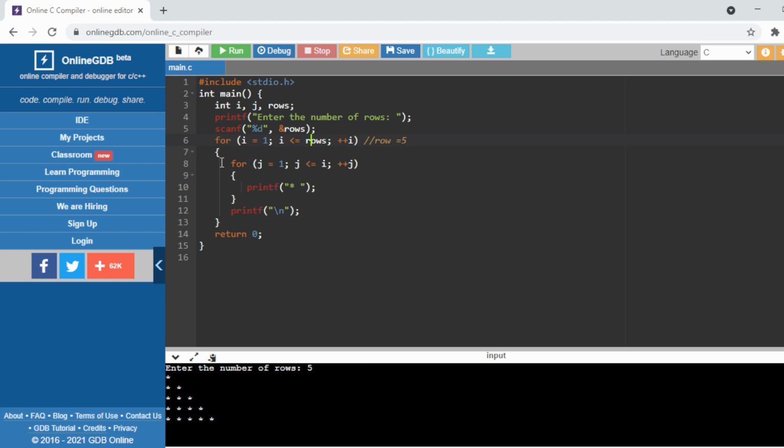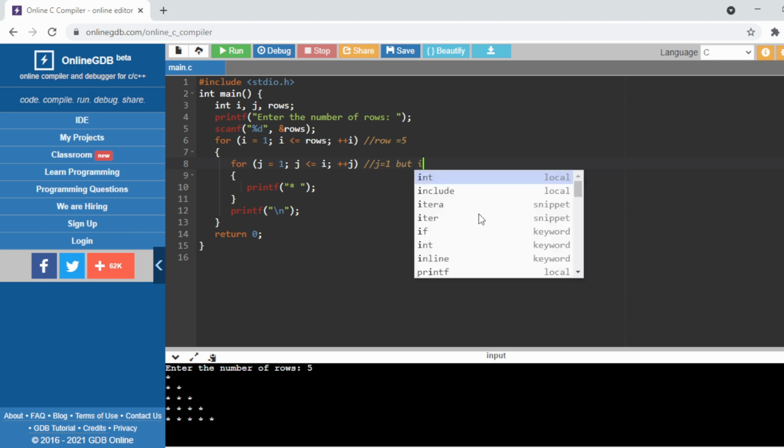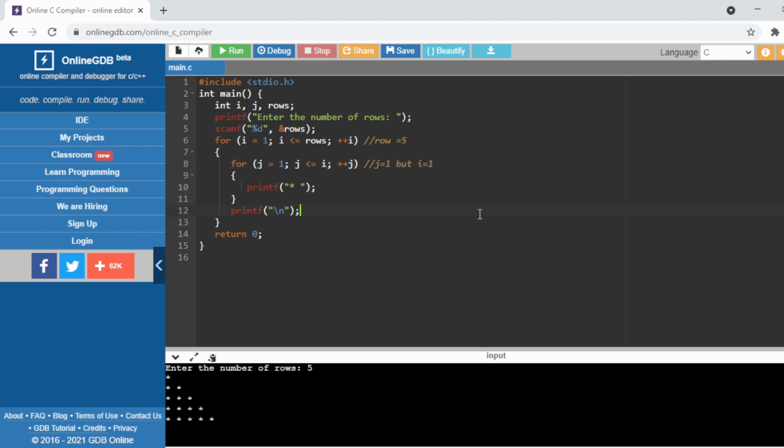After that it will enter the loop, and in this line the first time the value of j equals 1, right? And what is the condition? j less than or equal to i, but here the value of i is nothing but 1. So this loop will run only one time, right?